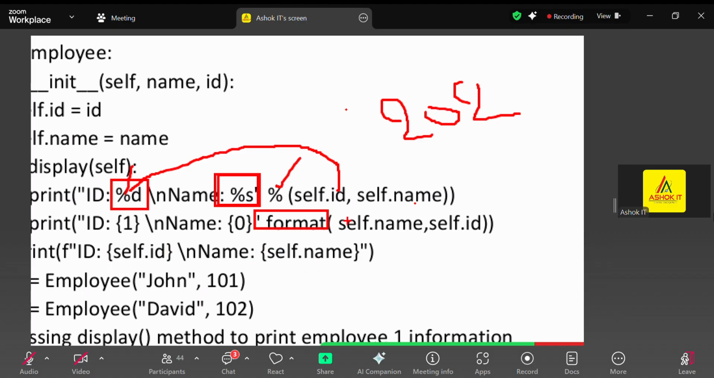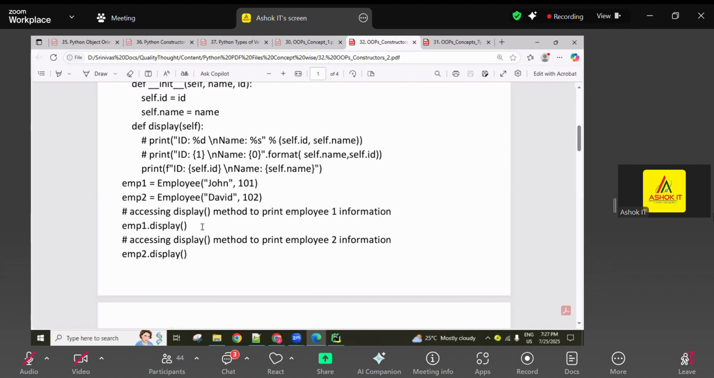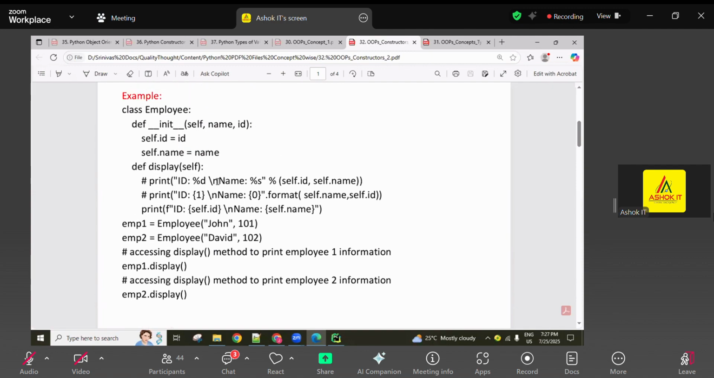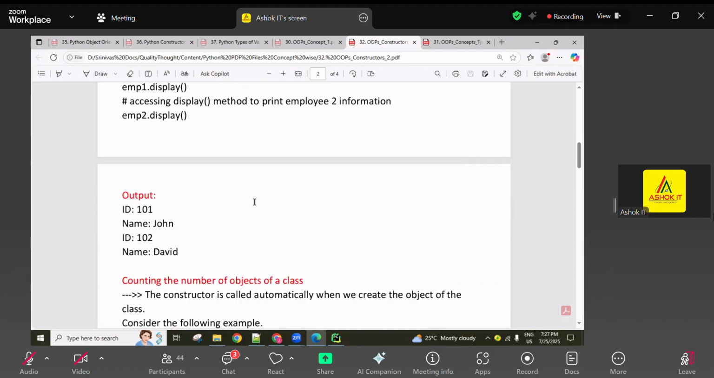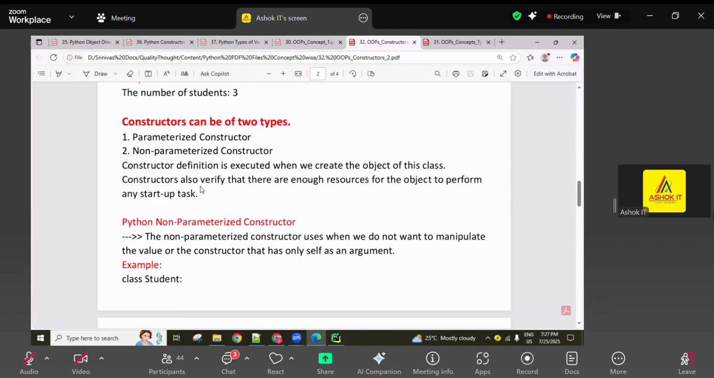With a normal format method, you give value 1, comma, value 2. This is index 0, this is index 1. Where 0 is there, that value is bound, and where index 1 is there, that value is bound. Like that, we can use numbered indexing or named indexing. All this I explained clearly in Python string handling. I created this material many days back, so that's why percentage d is there. Don't worry about that. Here a number of programs are given, related to counting the number of objects,